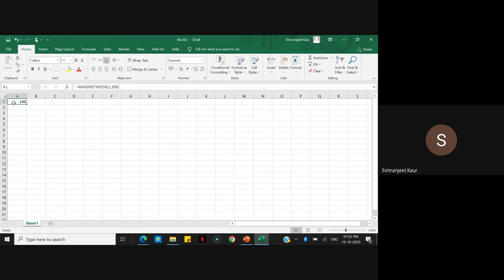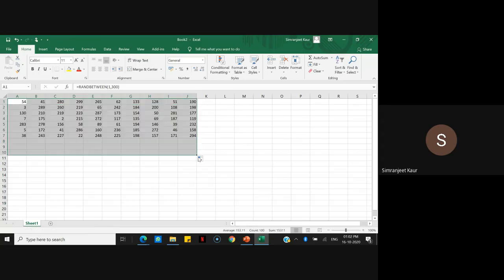Now I need data for 100 employees, how many leaves they have taken. So I'll extend it to a 10 by 10 square, then pull it down to 10 rows so that I have 100 figures with me.